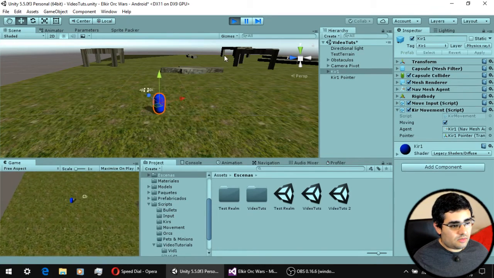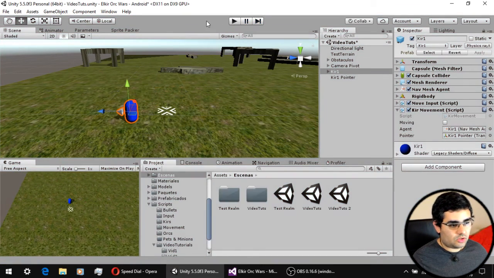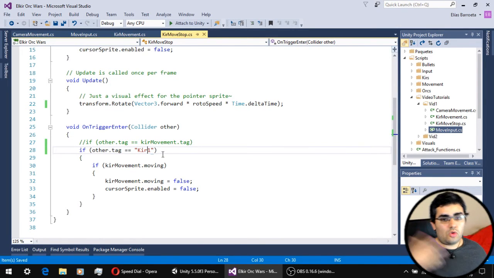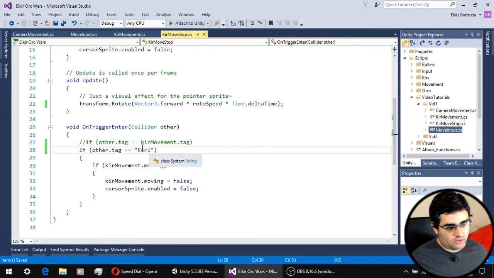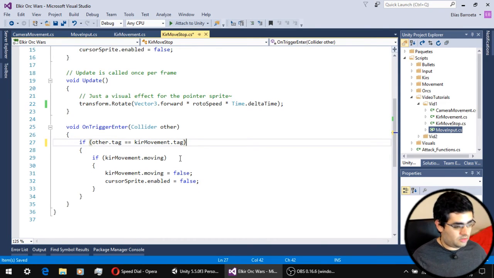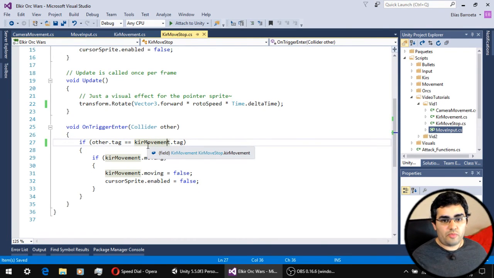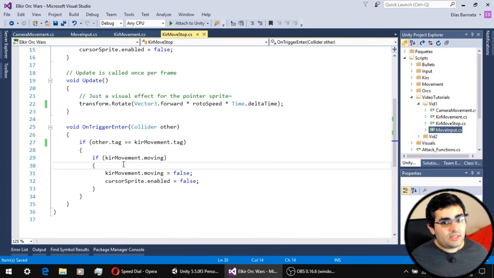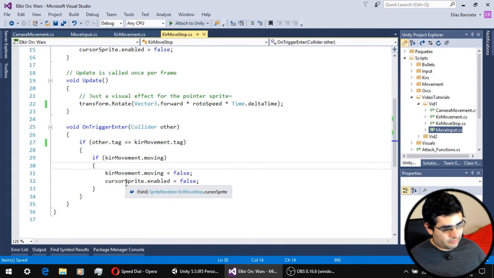Now, why do I do that? Because then it's easier to give this component to other units, and of course the other units won't be unit number 1, it's going to be another unit. So only by assigning the reference movement script, I can find the tag of the unit I want to stop. So when the unit enters the collider,